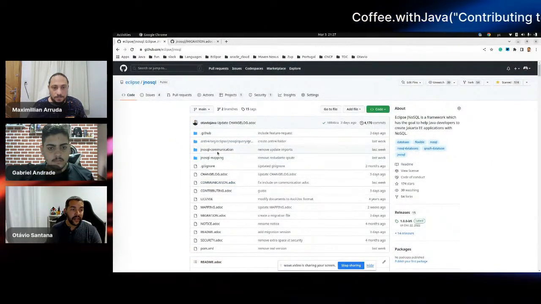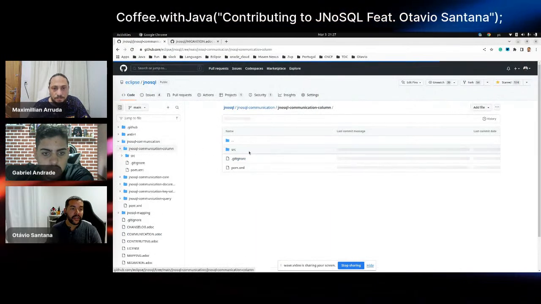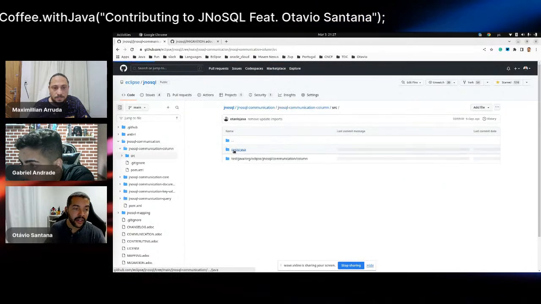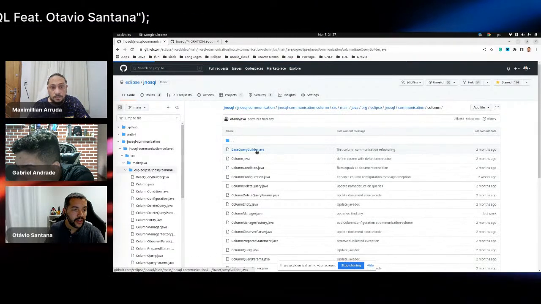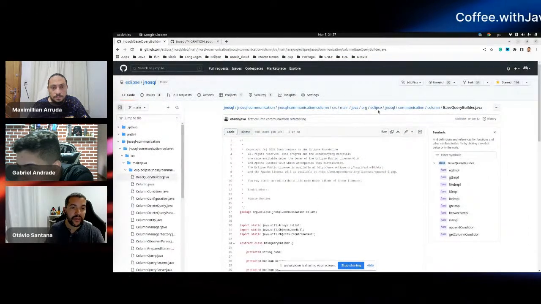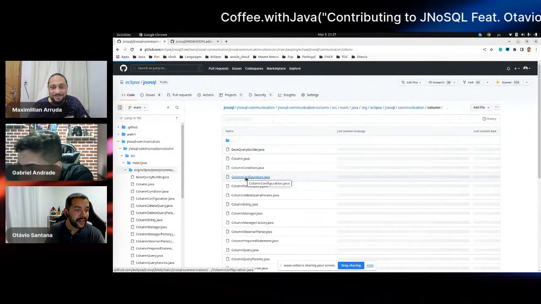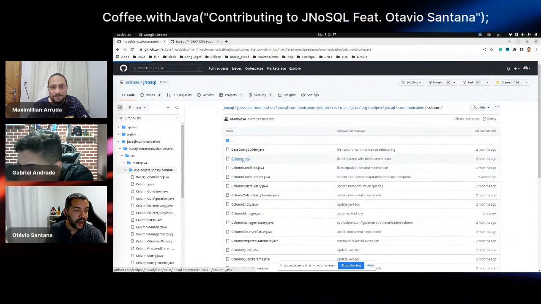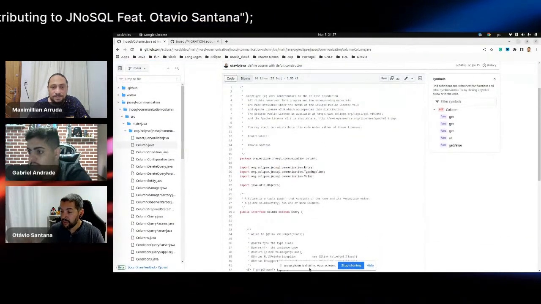And another one is, of course, the documentation inside the code, like the Javadoc. So usually when you go here, we have some definitions of what I'm doing.